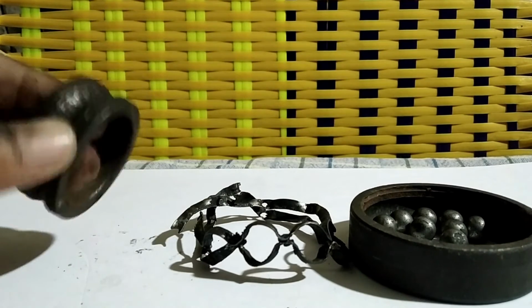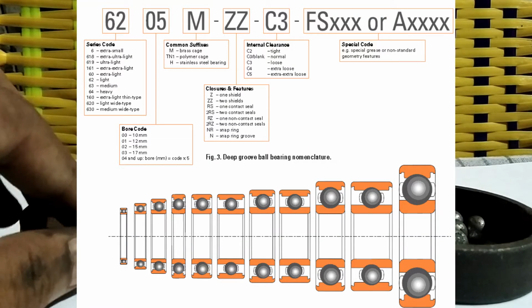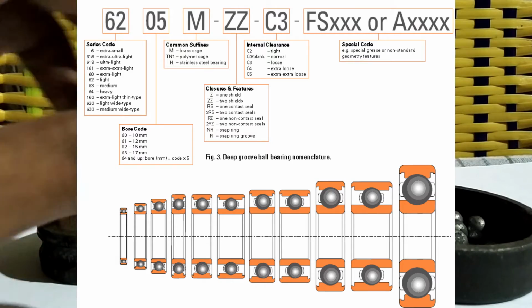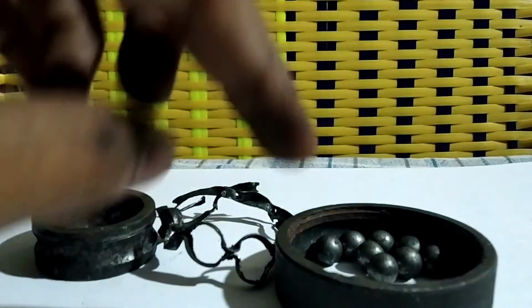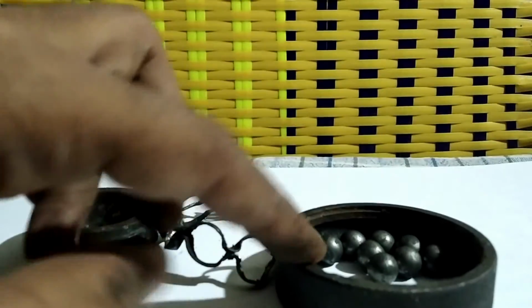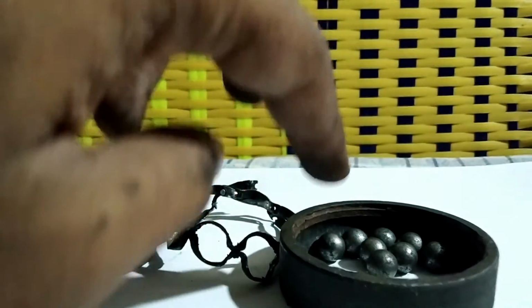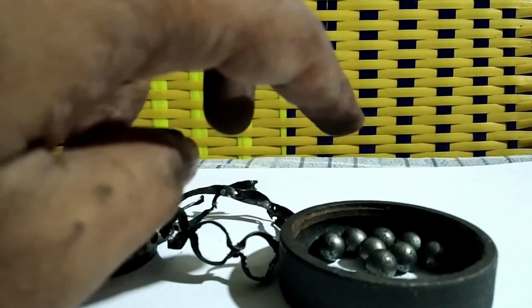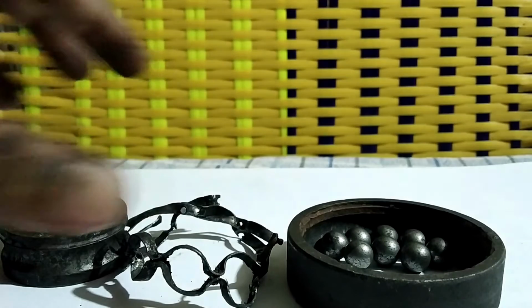Depending upon the application of the bearing, we can choose the type of bearing with the help of the bearing designation system. This is the outer race, having a hollow cylindrical shape, with slots provided on two edges of this outer race in order to hold the spherical balls. These are the different parts of the roller bearing.